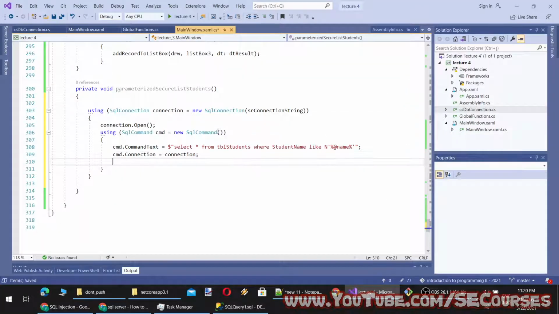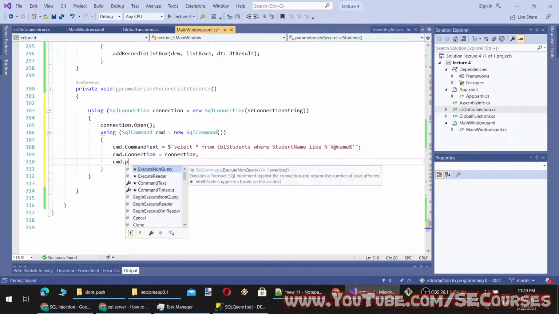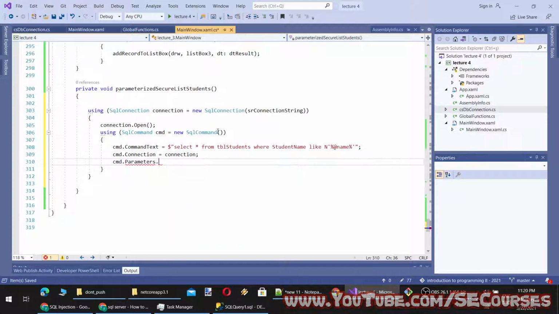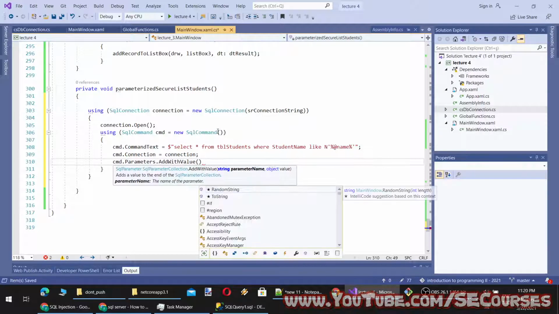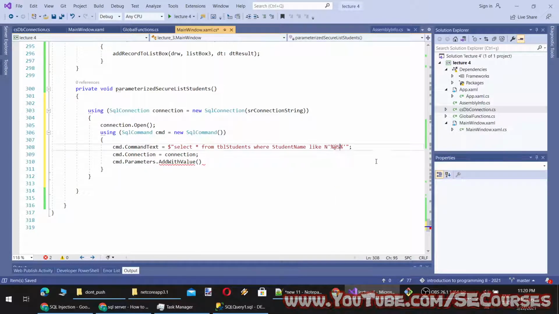So command dot parameters add with value. There is add with value, and here you see there is parameter name and object value. Let's give it the name student name.